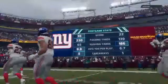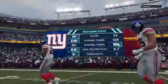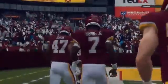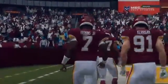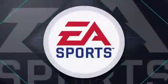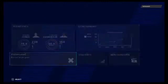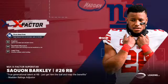So for the Giants, they pick up win number 7 on the year. And they'll return home next week to take on the Philadelphia Eagles. Meanwhile, for Washington, they'll fall to 5-3 with a loss. And they'll look to get back on track next week as they travel up to Detroit to...